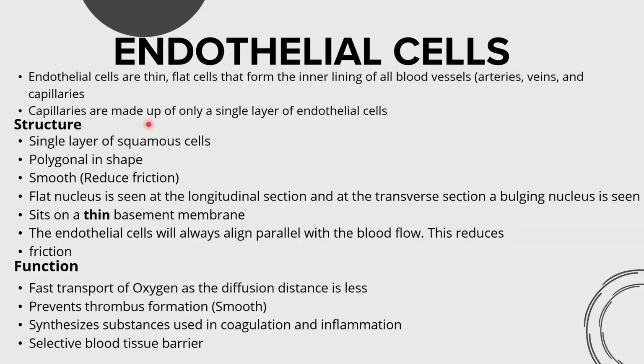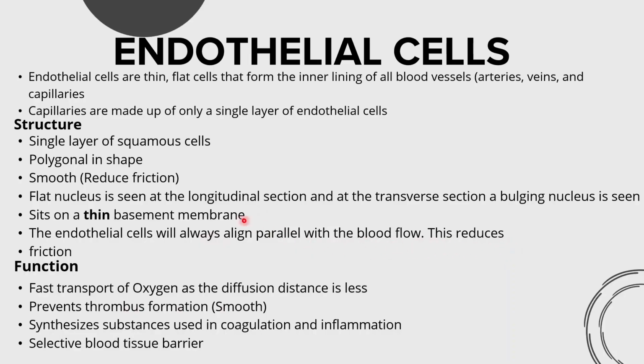Now, capillaries only have a tunica media, so they'll only have a single layer of endothelial cells. Now, the structure of the endothelial cell is pretty unique. It has a single layer of squamous cells. It is polygonal in shape. It is smooth, so friction can be reduced. If you view it from a longitudinal section, it has a flat nucleus. If you view it from a transverse section, it has a bulging nucleus. It sits on a thin basement membrane, and the endothelial cell is aligned parallel with the blood flow to obviously